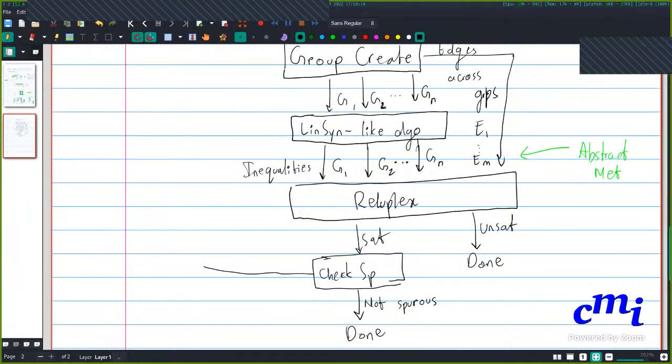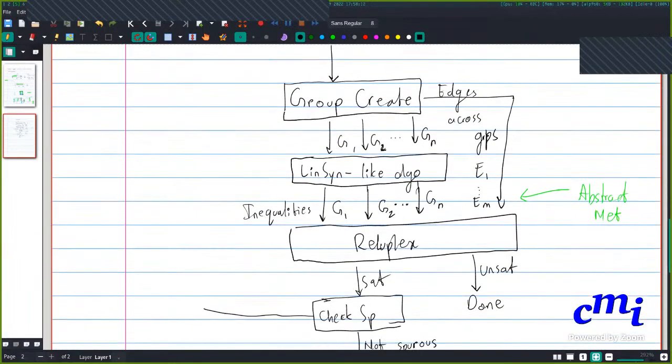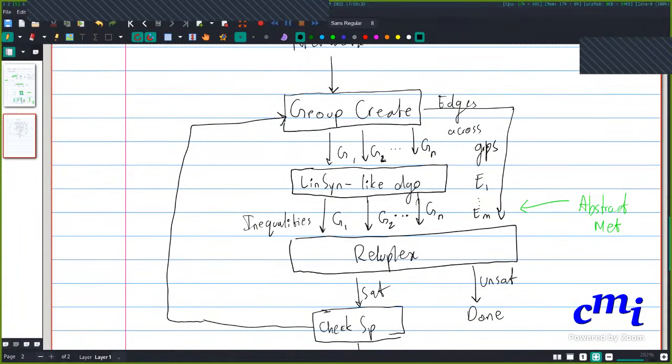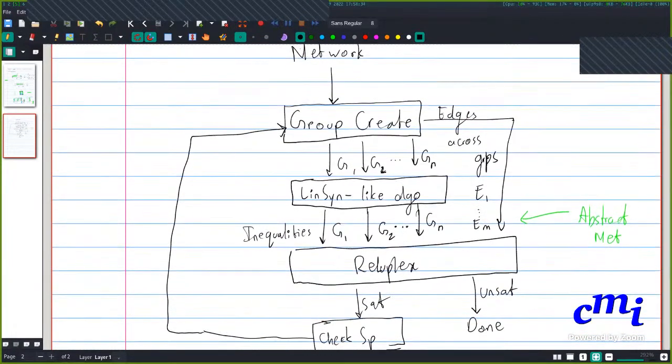Otherwise, we'll have to do some sort of refinement. So we go back to this group create stage and we somehow create different groups to hopefully have a lesser amount of abstraction. Okay.